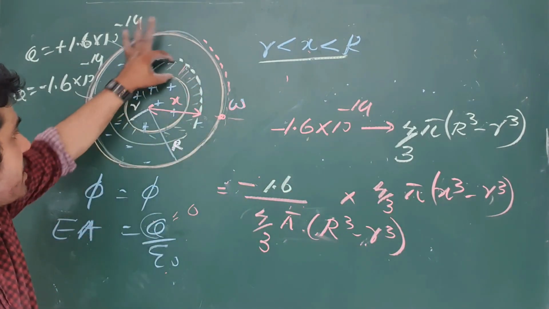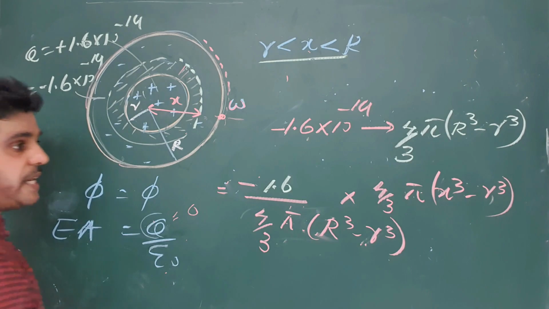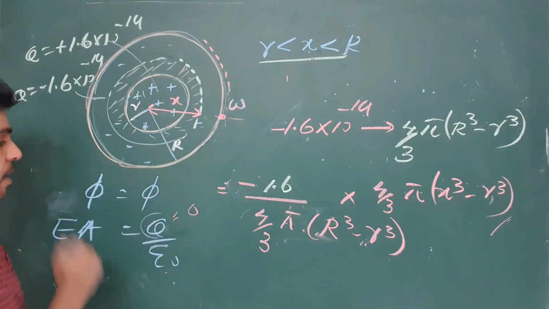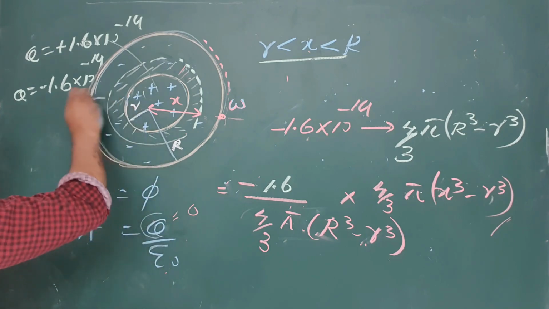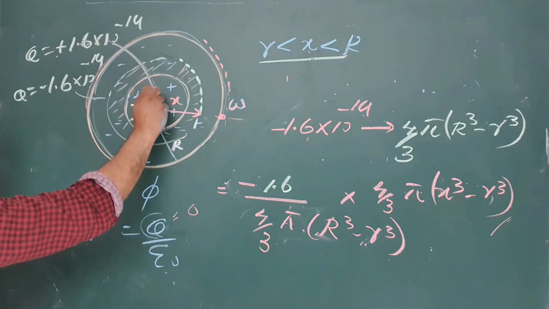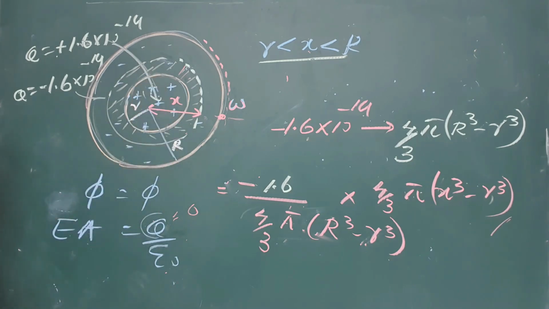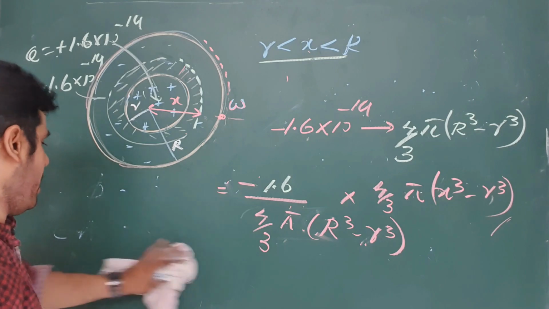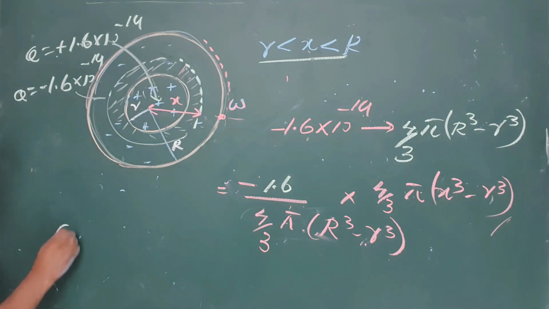The necessary volume is this strip. Now this is the negative charge inside the Gauss surface. But again, you have to take the whole positive charge inside the Gauss surface. Now, finally, we have to take the necessary charge as